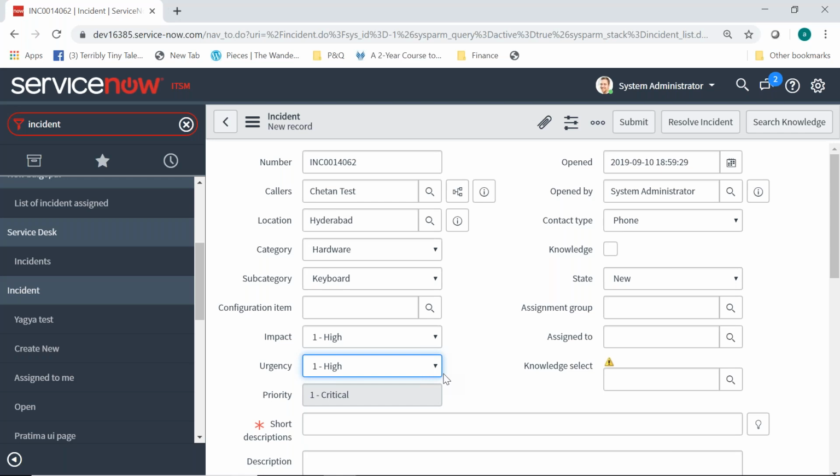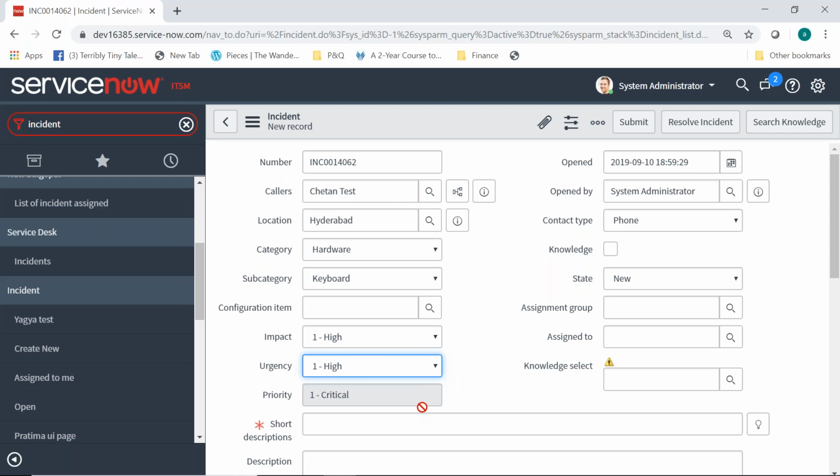Right now impact plus urgency gives me 2, and at the end you do minus 1. So 2 minus 1 is 1, and that's why you can see priority has become 1. It is an ITIL concept, and even in your interview, the formula for calculating priority is impact plus urgency minus 1, that gives your priority value. Good so far?